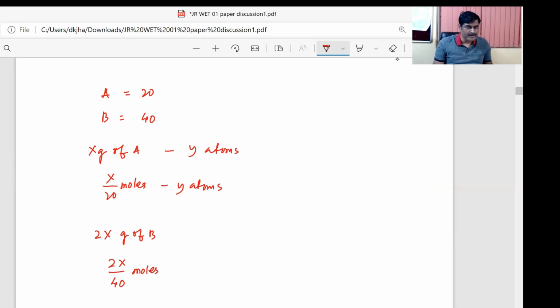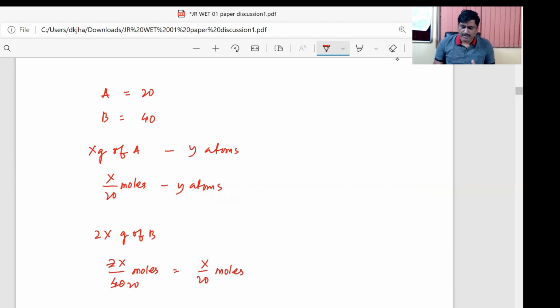So the number of moles of B is basically X by 20 moles only. As X by 20 moles contains Y atoms of A,